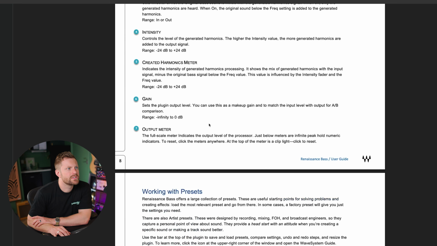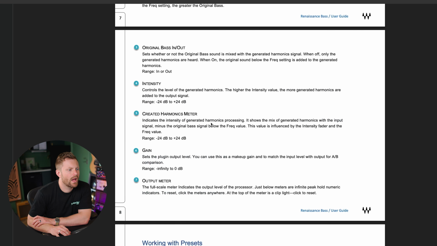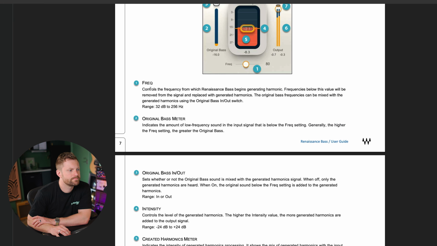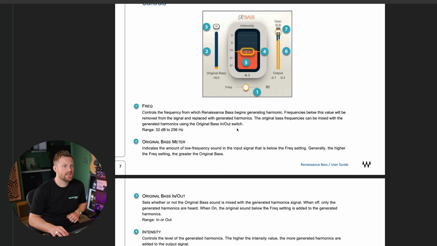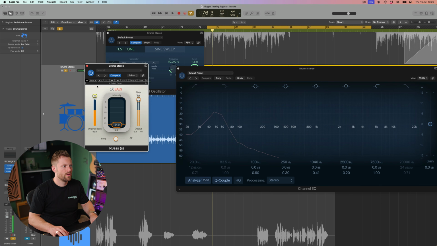What does that frequency control actually do? Controls the frequency from which RBass begins generating harmonics. Frequencies below this value will be removed from the signal and replaced with generated harmonics. The original bass frequencies can be mixed with the generated harmonics using the original bass in, bass out switch. So we've got our original bass, which is on the in. So we can see it there. If we turn off the original bass,